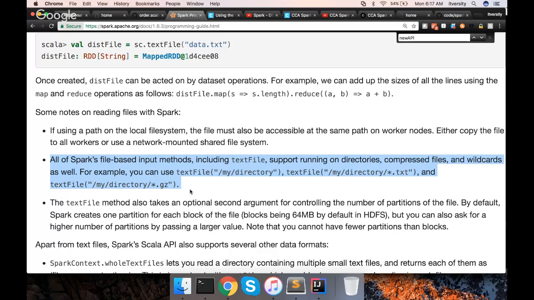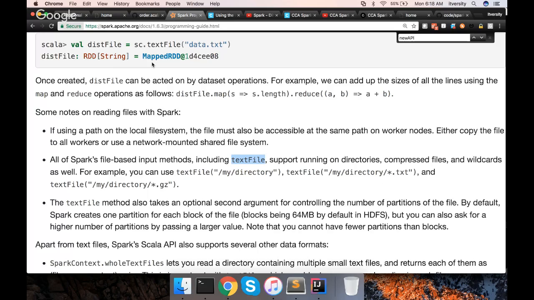As long as the compressed files in this location contain files of type text file, we can use sc.textFile to read the data. If you want to read a compressed sequence file, the underlying files within the compressed file have to be sequence files. Then you can use sc.sequenceFile and read them without any issues.